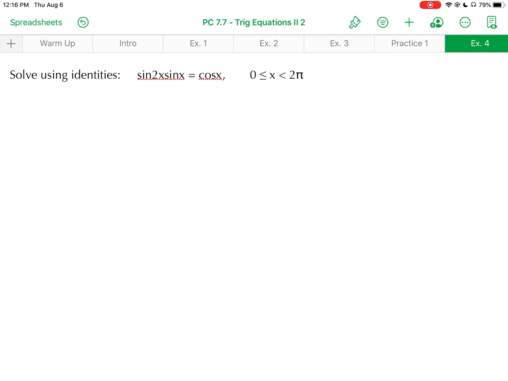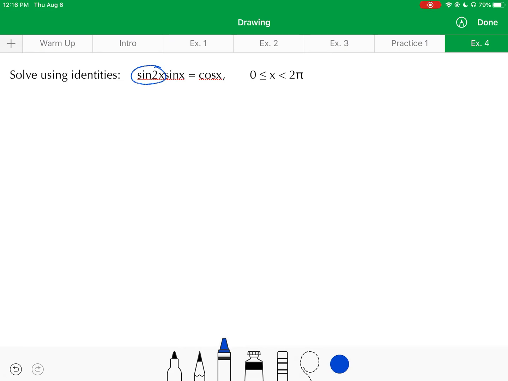Instead it's 2x. So right off the bat, I can change that by using a double angle formula. Recall that sine of 2x is the same as 2 sine x cosine x, okay? And now all of the functions within the equation are having arguments of x, okay? So I like that now. 2 sine x cosine x, if you multiply that by sine x, we could rewrite this as 2 sine squared x cosine x,